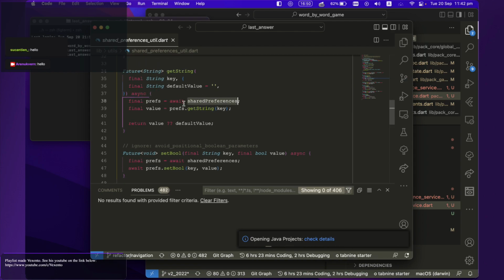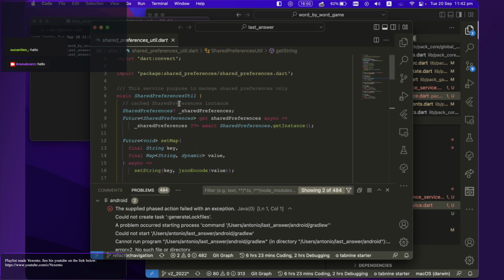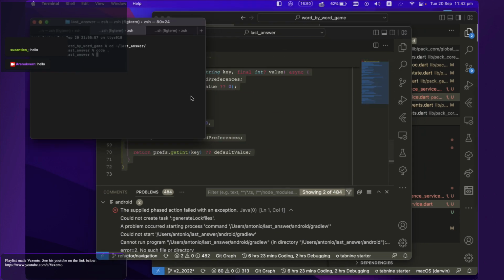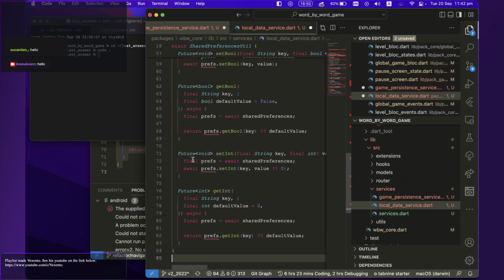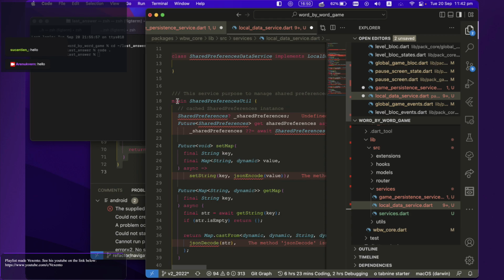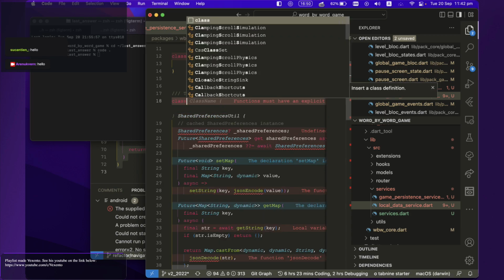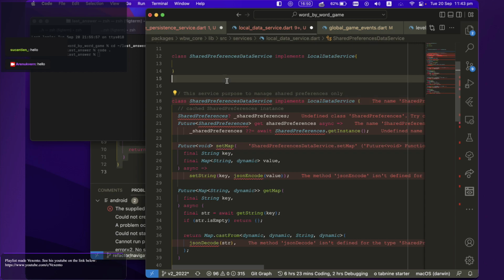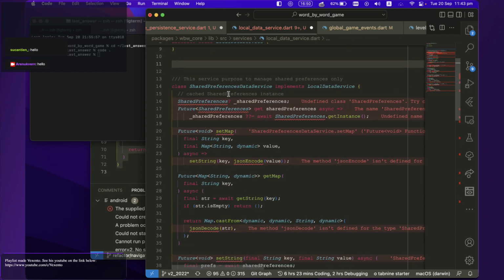Preferences. So let's see. I'll just copy actually this, and I will turn it to the class that actually implements